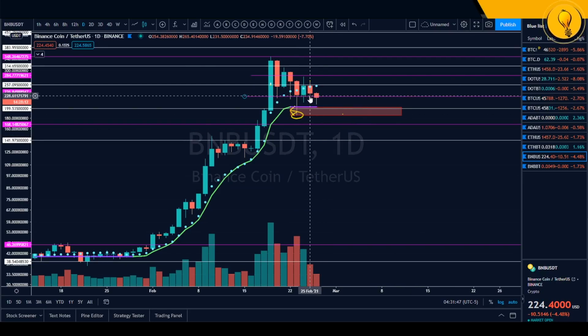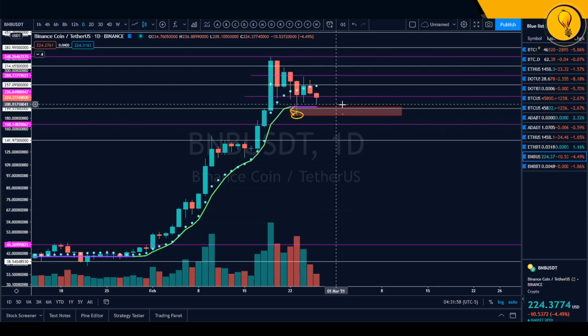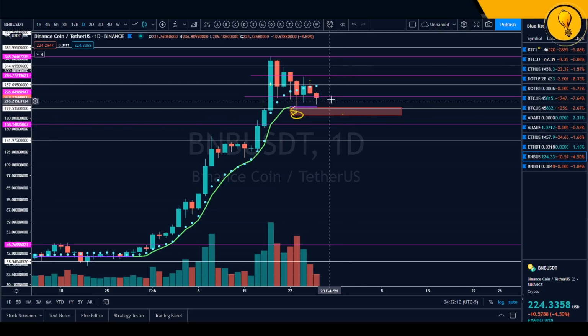So I will not be surprised if price actually manages to come down, get an official test of the dynamic, as well as that $200 region, only for us to see continuation to the upside. So I'll be looking for price to react off of this range for me to anticipate any further continuation to the downside. This could change the picture, but what I will be looking for on the daily primarily is for